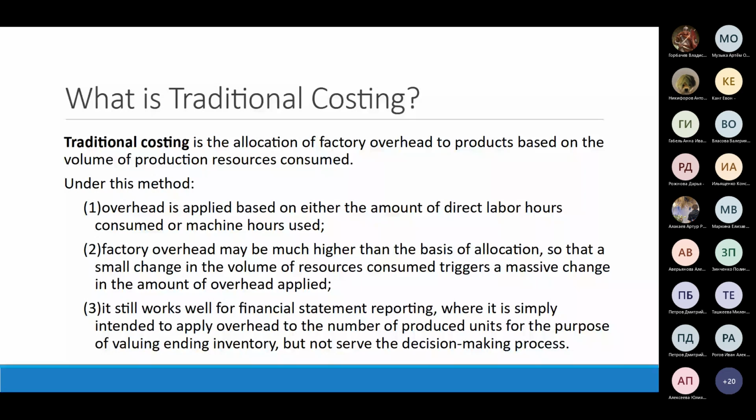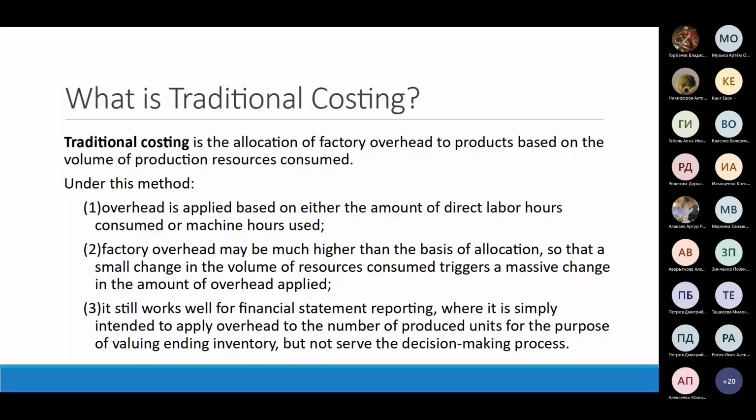So we will use either volume of production or resources we consume during the process. Under this traditional method, the overhead is applied based on either the amount of direct labor hours consumed or machine hours used. Factory overhead may be much higher than the basis of allocation, so a small change in the volume of resources consumed triggers a massive change in the amount of overhead applied. So this is a weak